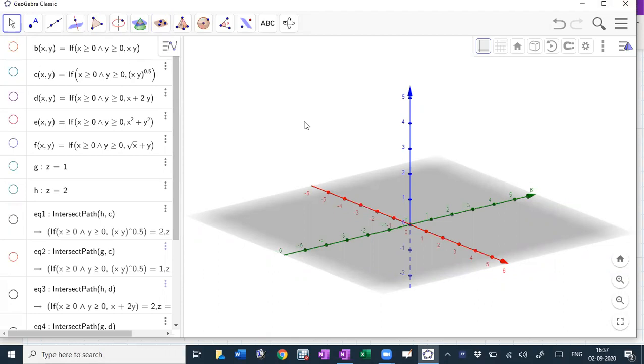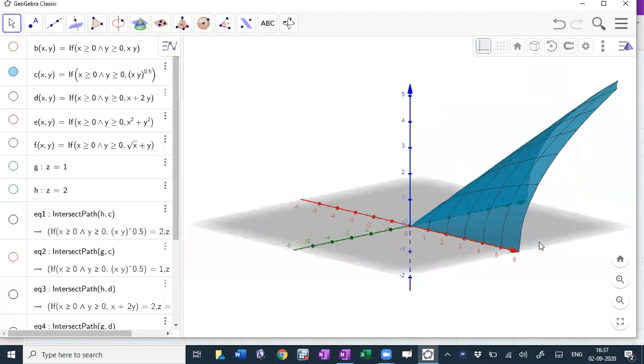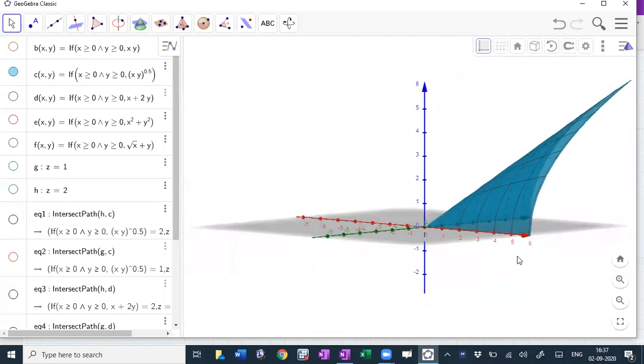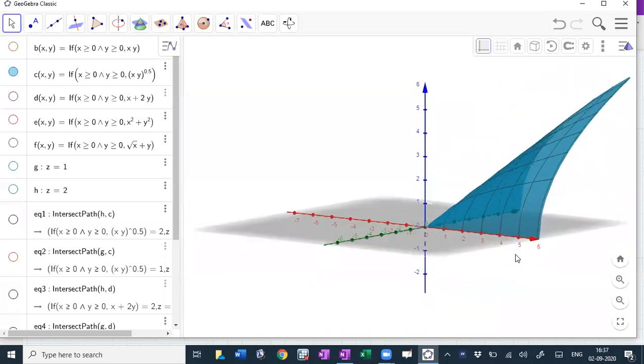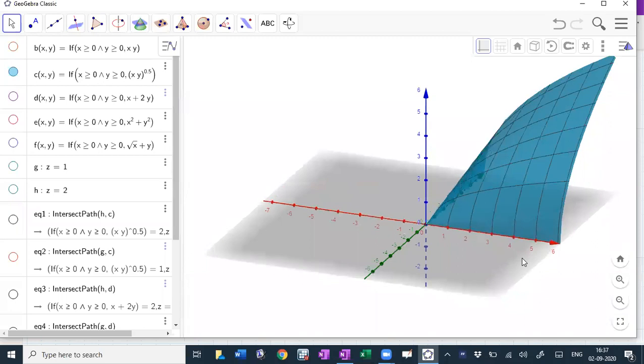Let's start with the first function, that was root xy. We can also write it as xy whole to the power 0.5. If I drop in the command to the software, this is the kind of surface or shape that you get for this utility function. This is root xy. Maybe I can annotate also side by side. So this is your square root xy.